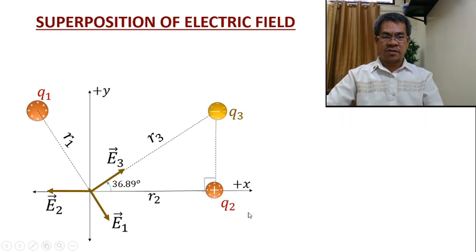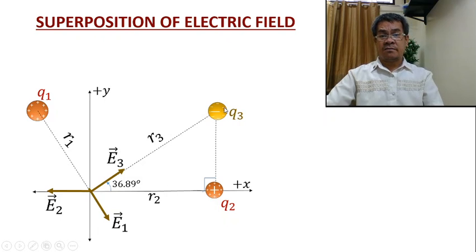Now next, analyze it again. Ignore charge 1, consider only charge 2, ignore charge 3. Considering charge 2, we have to remember, you have an imaginary positive charge here. This is positively charged, so positive and positive repel. So this must be the electric field, and call this E2. You have to find the magnitude of E2, then the unit vector. In this case, this is along negative i, so it is very easy to get the unit vector. This is negative i hat, which will be multiplied by the magnitude. The magnitude can be calculated using our formula derived previously.